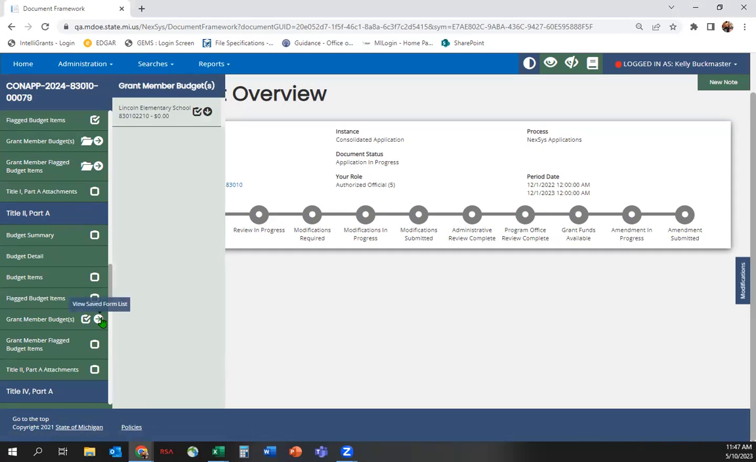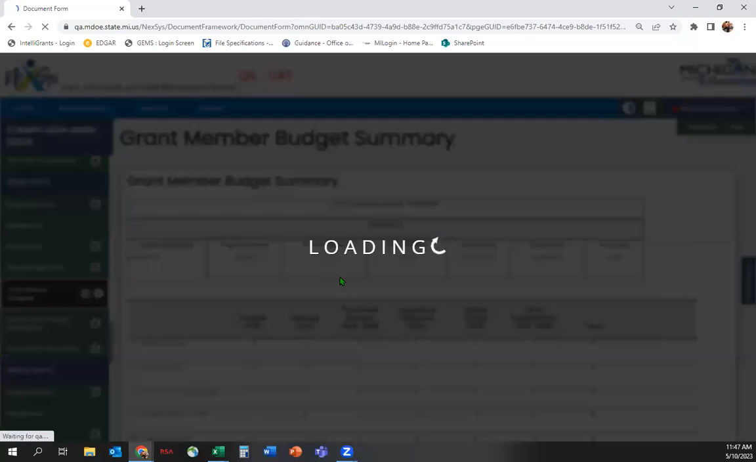So anytime you are transferring to a school for Title I, the items go under grant member budgets. Everything else will go under budget items and belong in the district budget, just like we used to do in Megs Plus. So it might be easiest just to start there. We will start at Lincoln Elementary, and if we go to their budget summary screen, we will see that we need to allocate